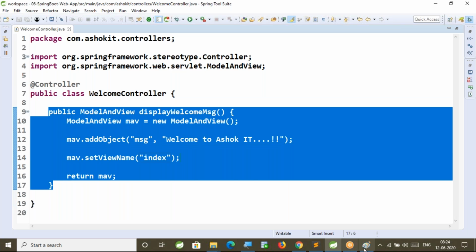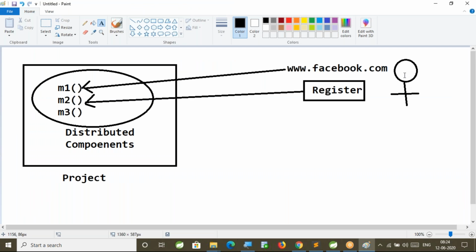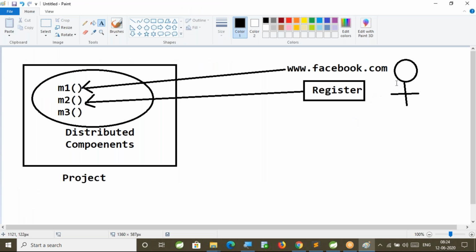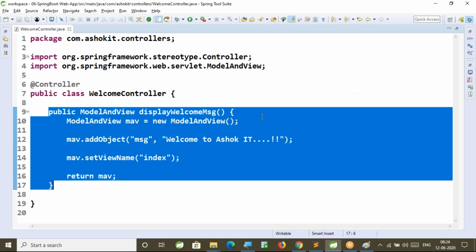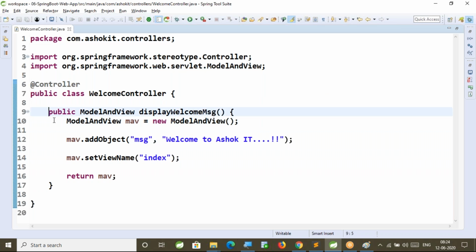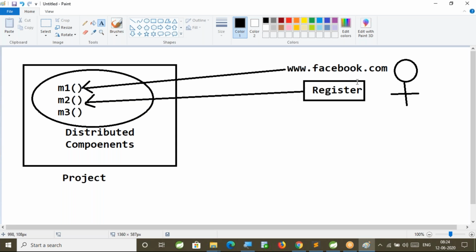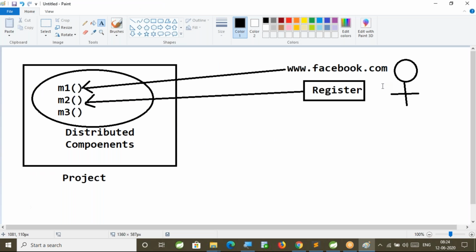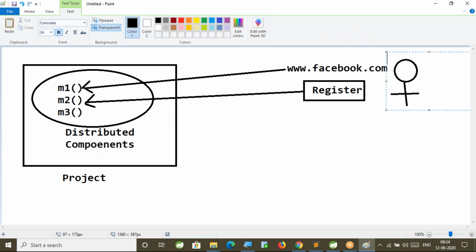Right. If anybody wants to get the welcome message, now they need to call my method. Now assume that end user scenario. Can end user call my method now? End user cannot call it because he cannot create the object for this class. He cannot call that method. Then what I need to do? I need to bind my method to a URL pattern. If I give that URL to end user, then he can access my distributed component by using that URL. So for every distributed component, URL patterns are mandatory. Otherwise, people cannot access our components.